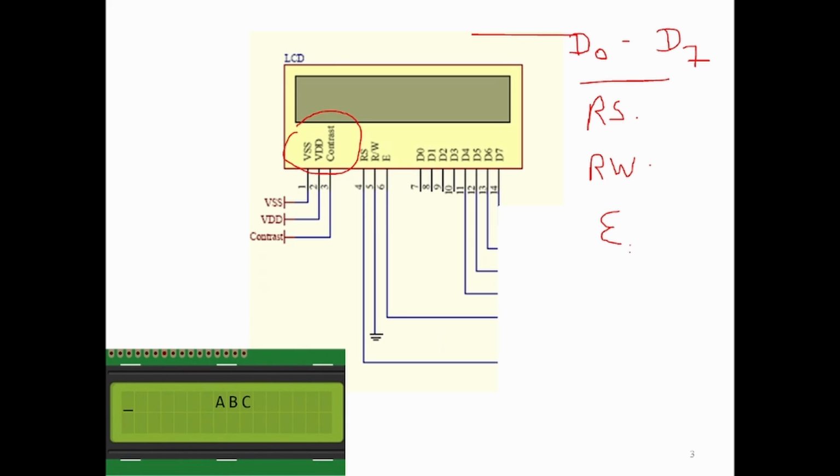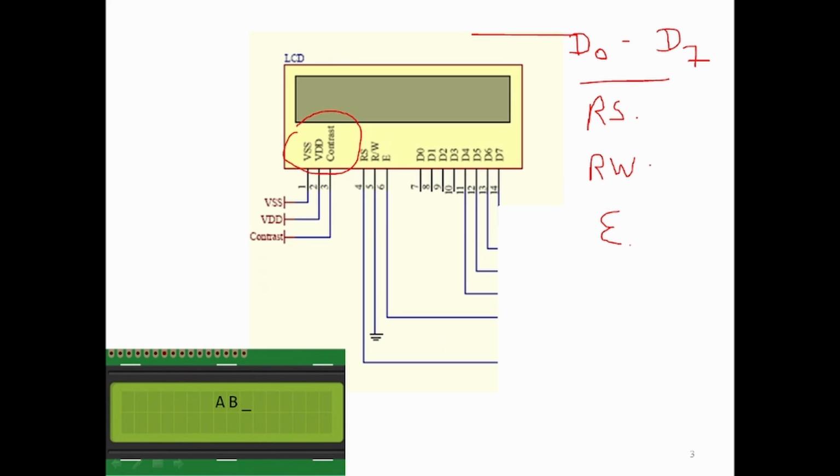I will divide this module into 2 videos. In the first video I will explain the basics: how to program this, what the steps are, and the pins' working principle. Everything I will discuss in this video. In the next video we will see the coding part. We will write the code, I will explain the code line by line, and then we will run it on actual hardware. But for programming purposes we will use these 11 pins only, right?